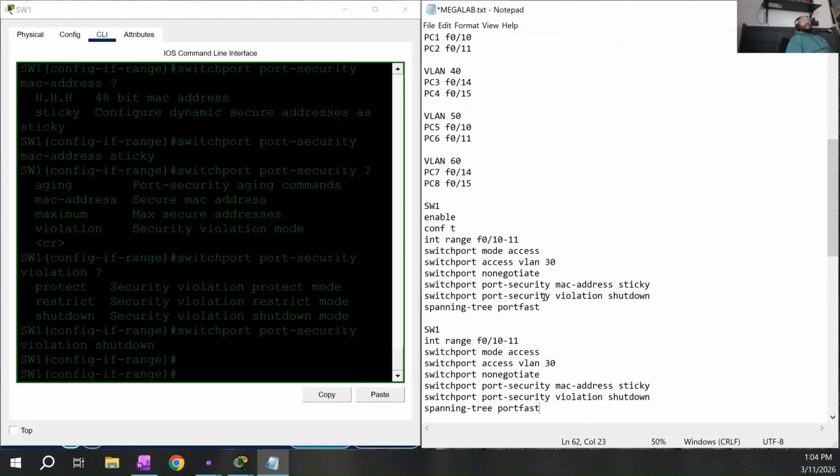We're going to do the same thing here for VLAN 2 on the same switch 1, or VLAN, switch 1 VLAN 40,